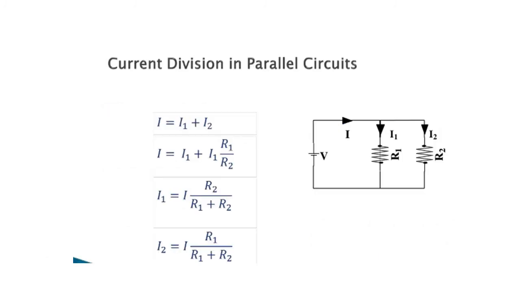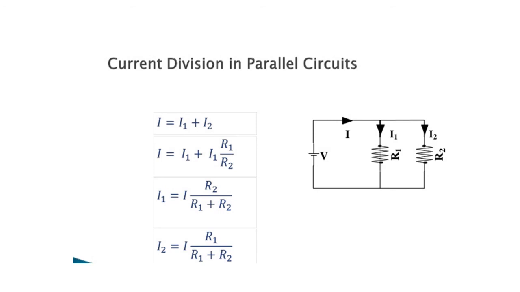Current division rules. So, current division in parallel circuits. First, we see about that. In many cases, we will have only two resistors connected in parallel. So, let these resistors be R1 and R2 which are connected in parallel. First we have to find out the total current, that is I is equal to I1 plus I2. Here for I2 we use the current division rule method, that is total current into opposite resistance.